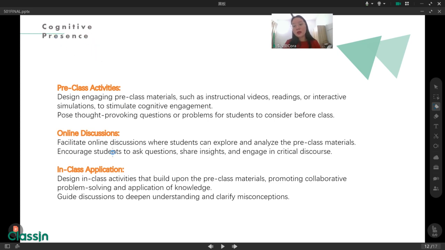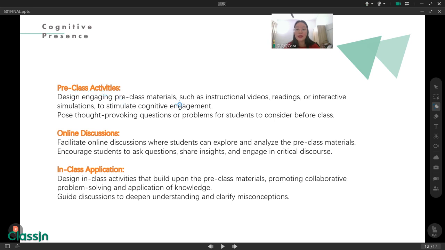In this part, we have three steps. First one is pre-class activity. In pre-class activity, how do we use COI in the flipped learning classroom?